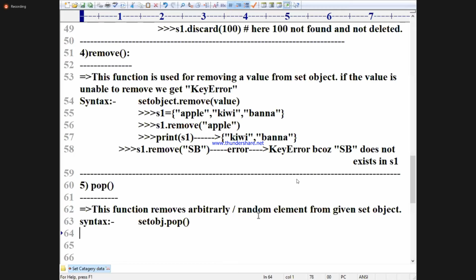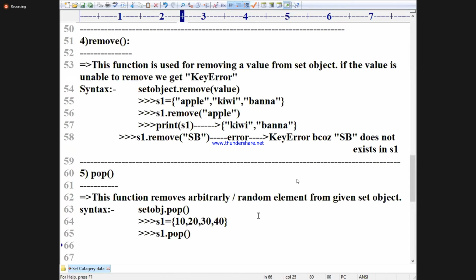Okay, now an example also. S1 is equal to 10, 20, 30, 40. S1 dot pop. We can't say which element is removed, and the value is also returned.